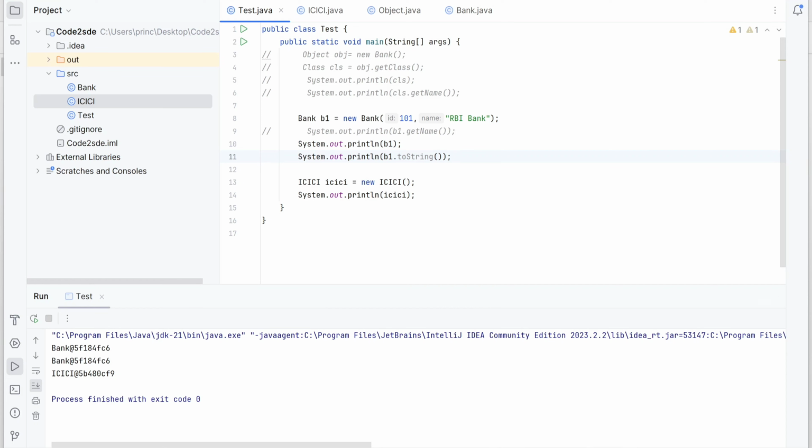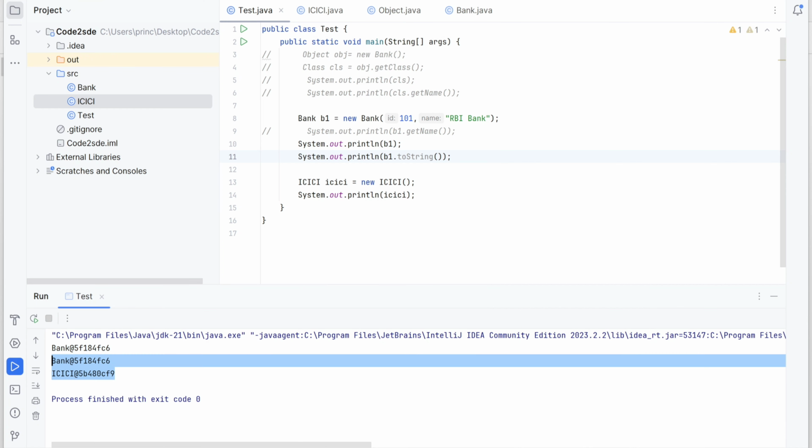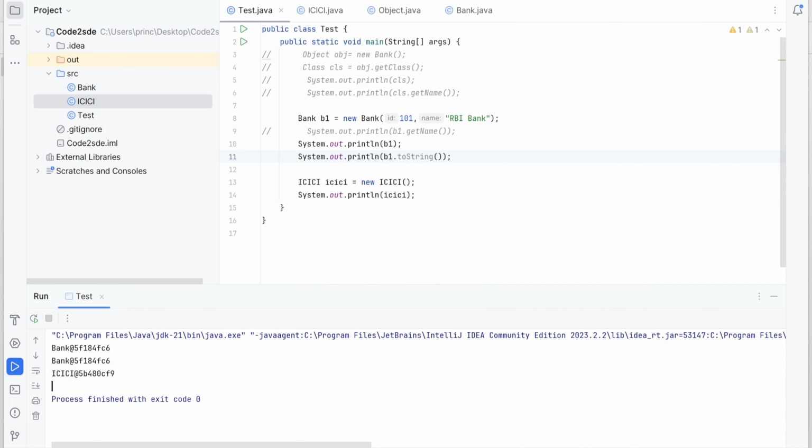So now it did not find the toString method in its immediate parent class. So you can see even for Bank and even for this ICICI, it is calling the toString method directly of the Object class. So we have seen how we can use the toString method of the Object class, how we can override it, and the various scenarios. So toString basically represents the object in a string representation with its instance member values, and you can also give your own implementation, and you can also generate the toString implementation using the IDE.